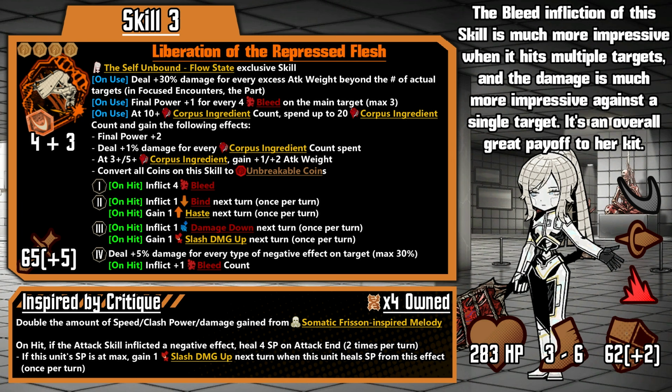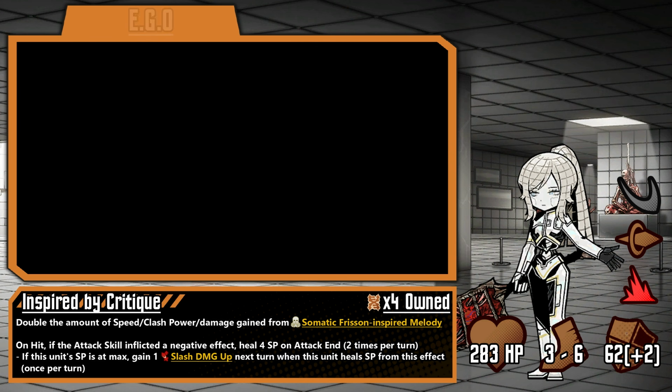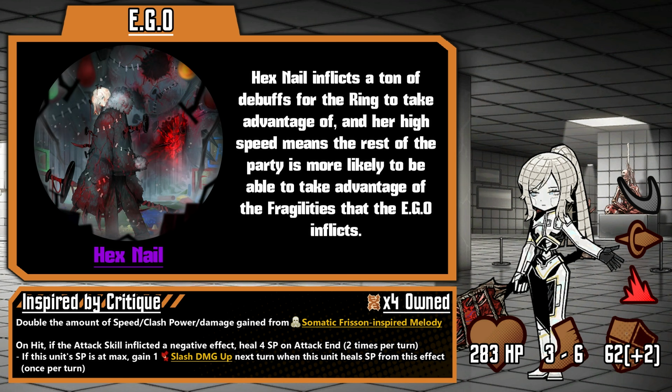This skill is just insanely good all around, dealing massive damage, inflicting a ton of bleed to multiple targets, and giving her bonus utility on the following turn. Even if it loses a clash, thanks to the Unbreakable coin conditional usually always being met after the first couple turns. This ID has a few useful ego, the most important of which being Hex Nail, which she can perfectly fuel